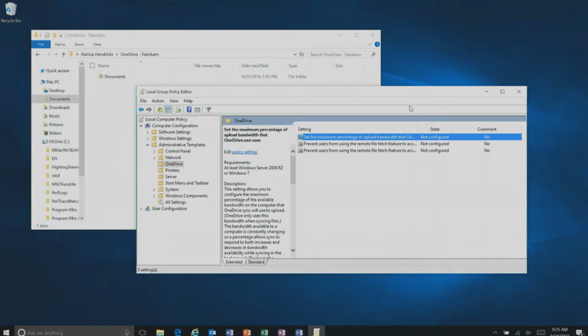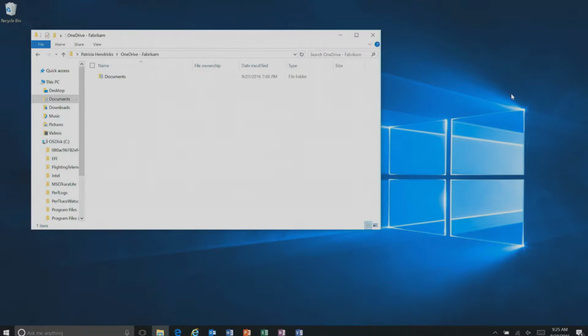All right, so at this point, we've prepped our machines, and we're ready to start engaging our users and getting them signed in and syncing with OneDrive. Right off the bat, the first thing we want to acknowledge is, in an ideal world, there would be a way for you as admins to seamlessly sign in your users into OneDrive. Unfortunately, we're just not there yet today, but we know how important this is to you. I can't stress enough how important this scenario is, and we hear you, and we'll get there. So today I'm going to show you 2 really quick and easy ways that you can engage with your users in the meantime.